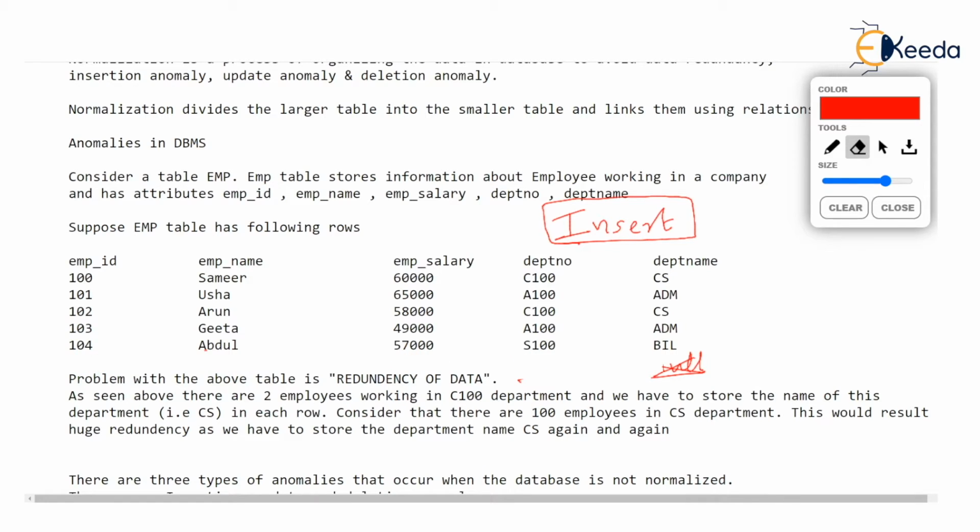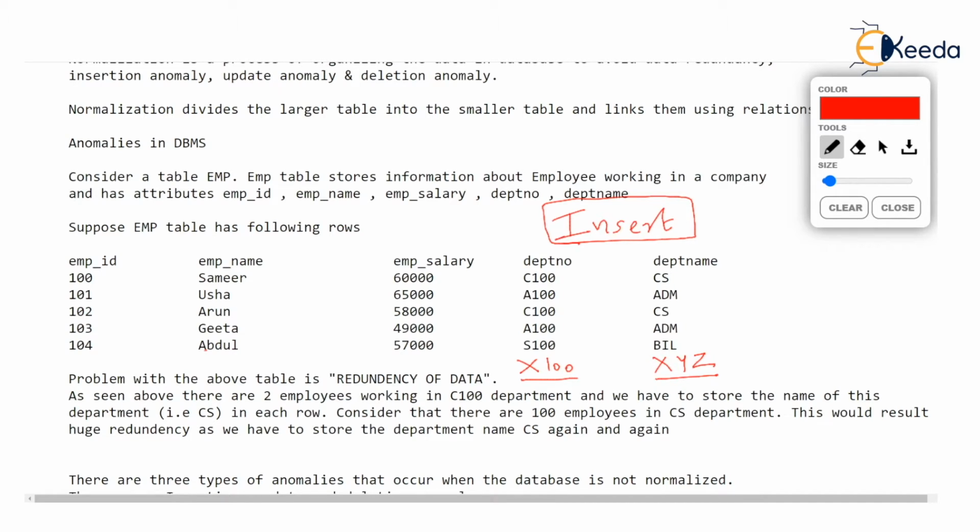Suppose the company decides to open a new department, let's say number X100, and I don't know, some department name, let's say XYZ. Okay, but this is an absolutely new department, and there is no employee yet appointed in this department. This department is empty right now.